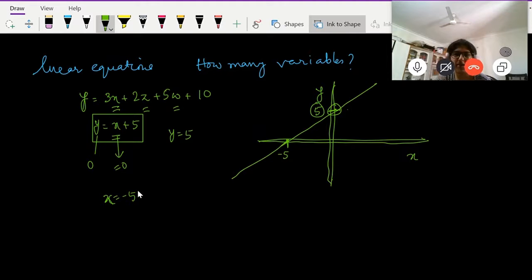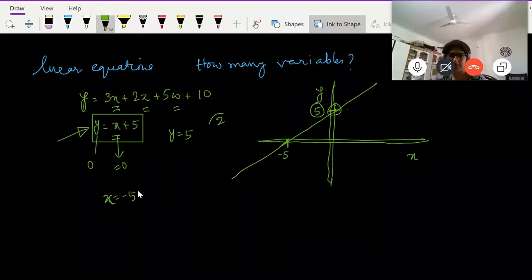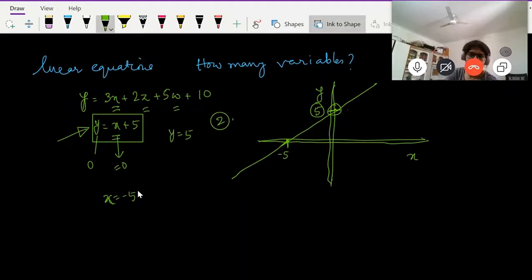But sir, if we take out only 2 points, then we don't know it'll be a straight line or not because every line passes through 2 points. But if we take out 3 points, then we'll know that the 3 points lie on the same line. You are absolutely correct. See, when you are given that it's a linear equation, 2 points will suffice. But